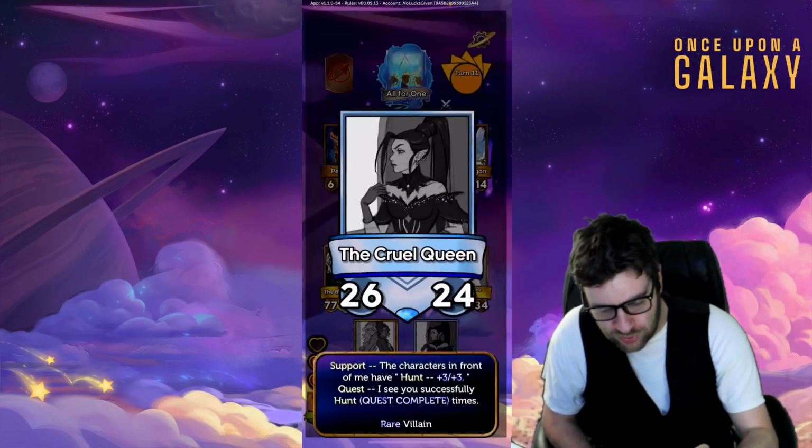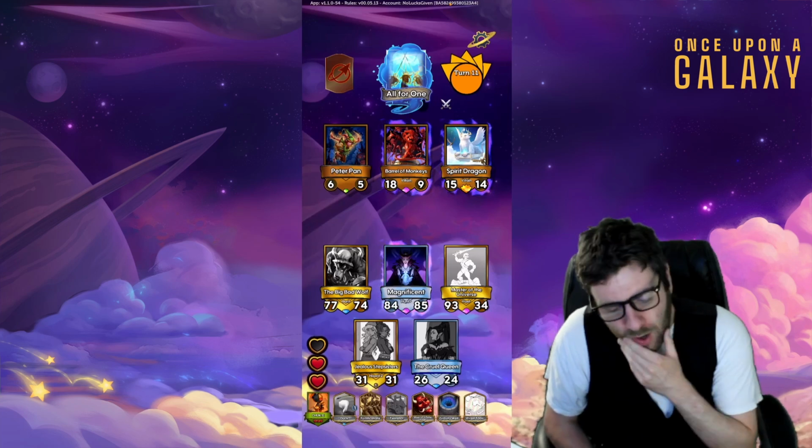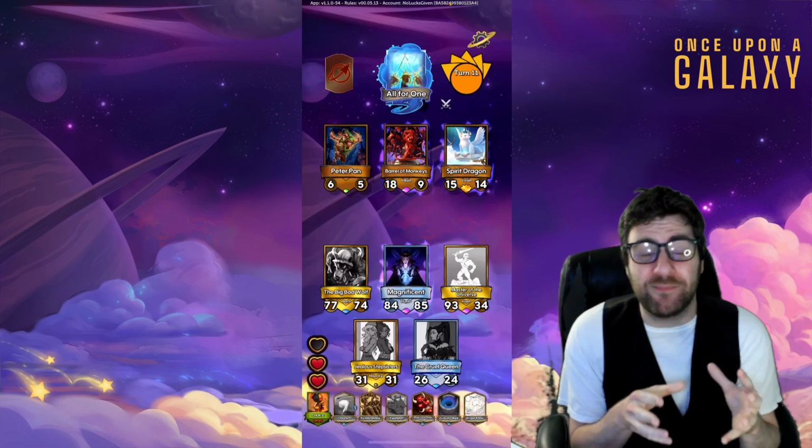Oh, we could also toss the Cruel Queen. Oh yeah, we're tossing the Cruel Queen at this point. I don't care about the... Oh, but the Cruel Queen is enabling the Mask of Infinite Rage. I forgot something that I totally...